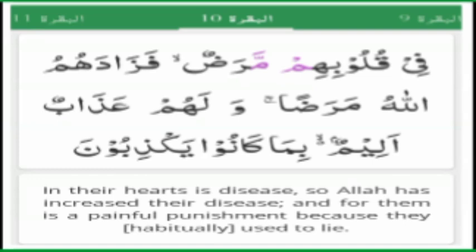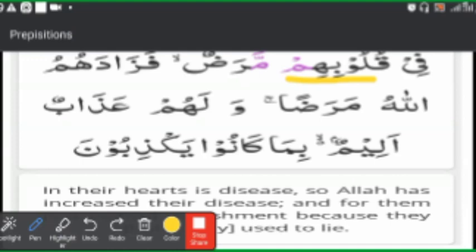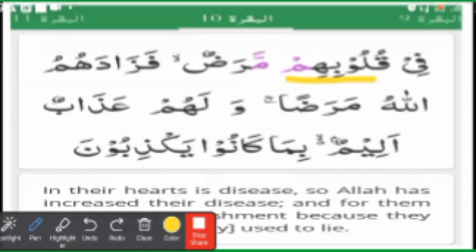Him means their, so it means their hearts, and the word fi applies on it, so it makes it fi qulubihim,